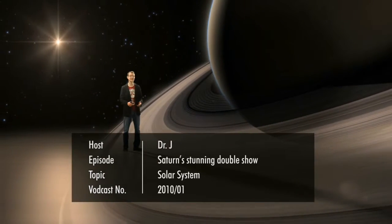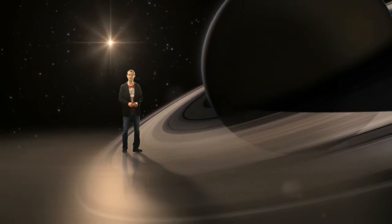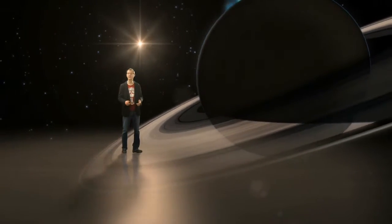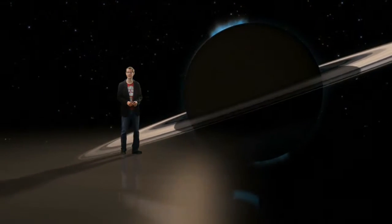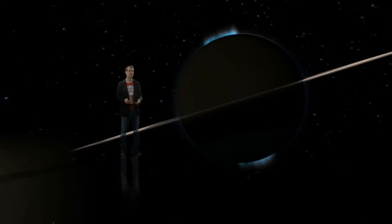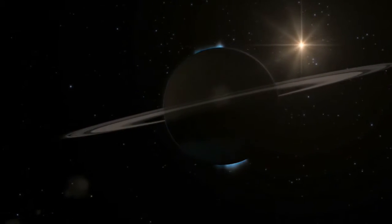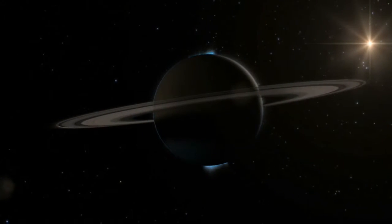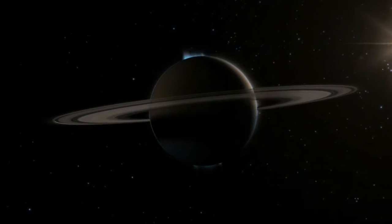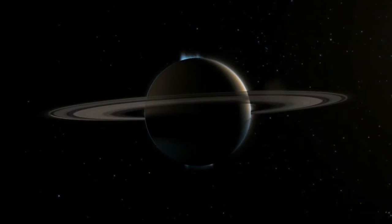It takes Saturn nearly 30 years to orbit our Sun, and so chances to view both of its poles simultaneously are few and far between. Now, Hubble's been snapping pictures of Saturn's aurora since 1990. But 2009 brought the rare opportunity for Hubble to image Saturn with its rings edge-on and with both of its poles visible. As Saturn was approaching its equinox, both poles were equally illuminated by the Sun, allowing for spectacular shots